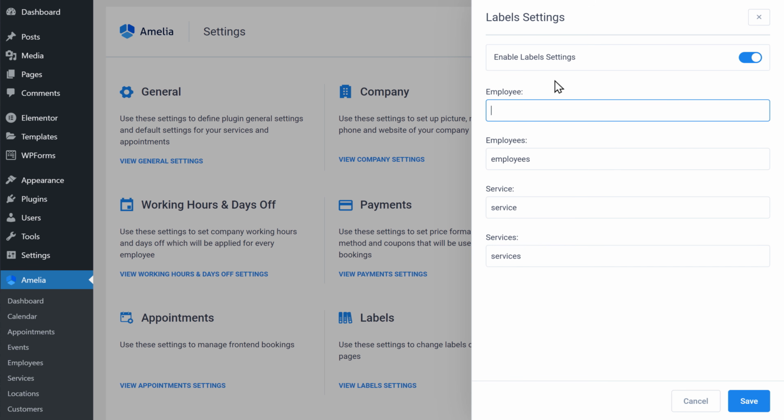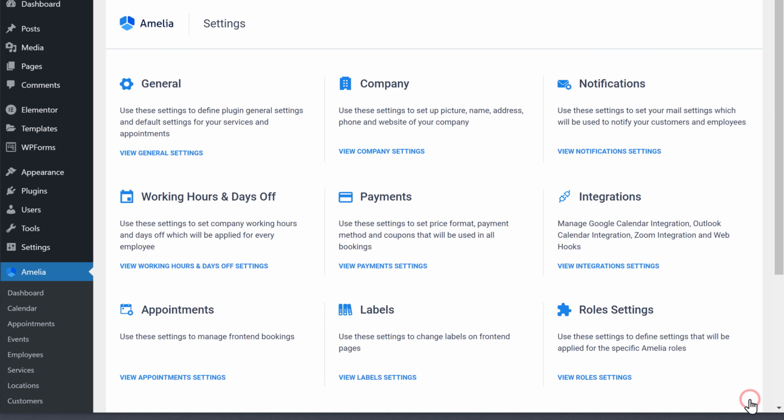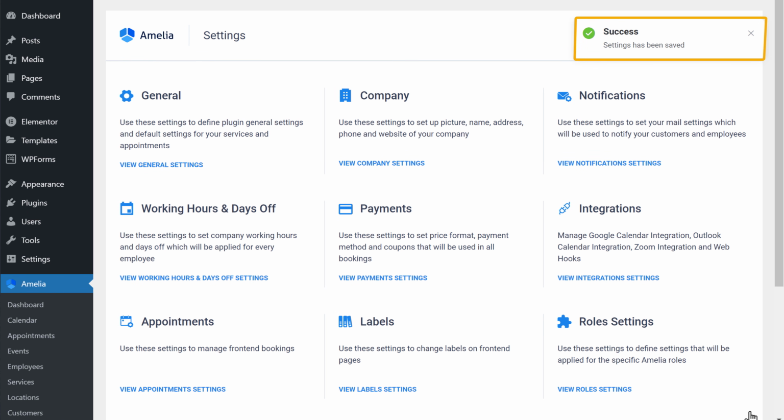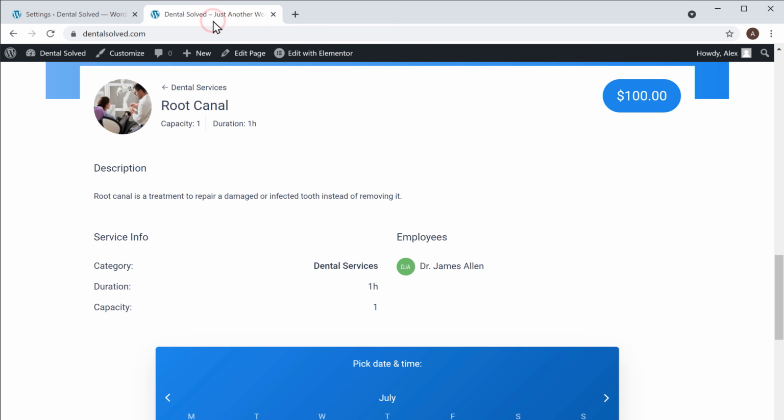I'm going to enter Doctor and then click Save. Once you're done, let's go back to our website. Now if we click Refresh, you can see that the name of the label has been changed.